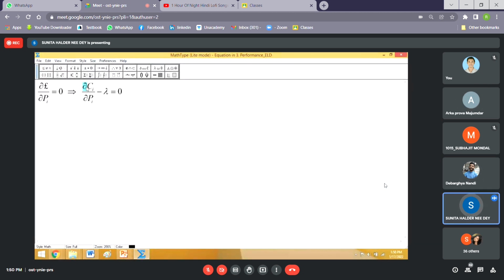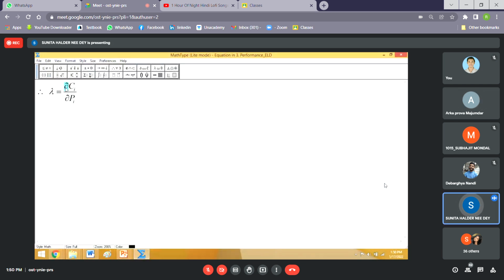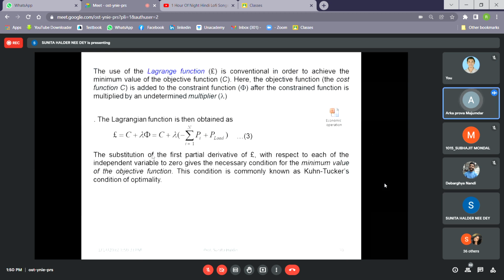Ma'am, I did not quite understand the part about minimizing the Lagrangian. Say in differential calculus, if we want to find the minimum value of any function, then what shall we do? Derivative equals to zero. First derivative will be equal to 0. Yes ma'am. But here, along with that, there is one condition: the second derivative should be positive for a minimum. Yes ma'am. So from there, we are actually calculating.